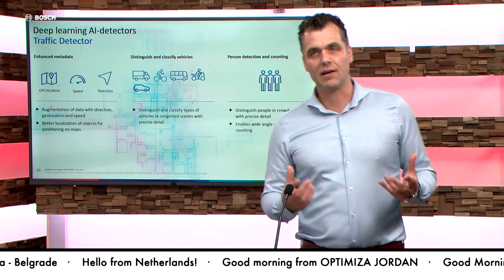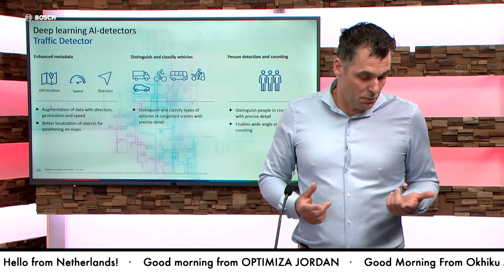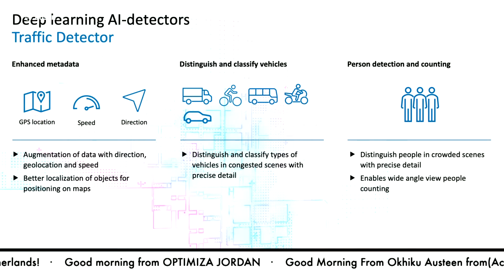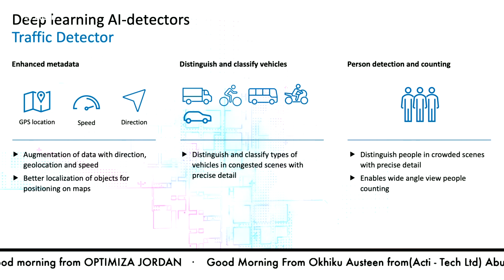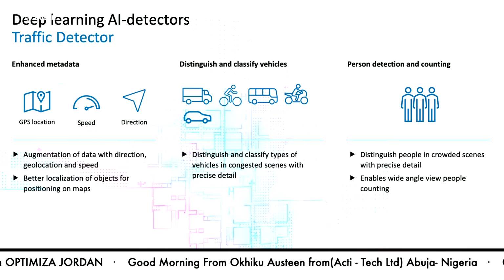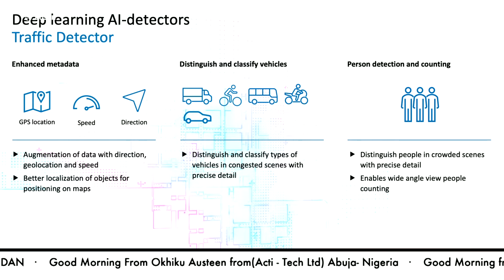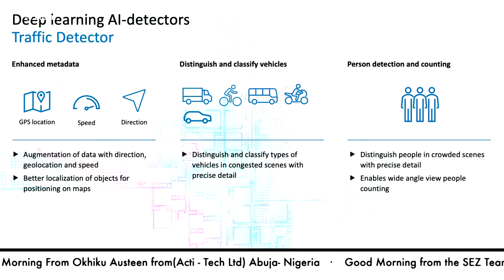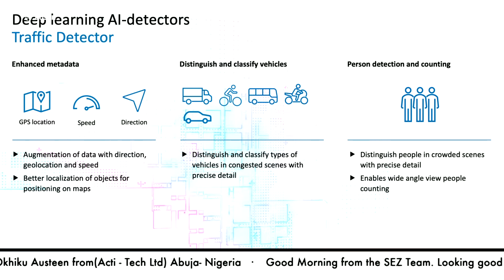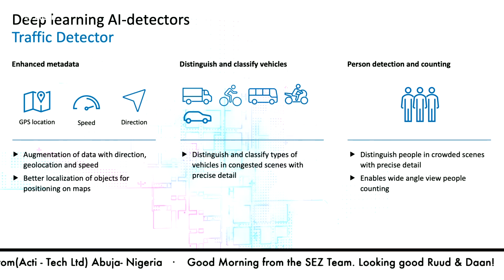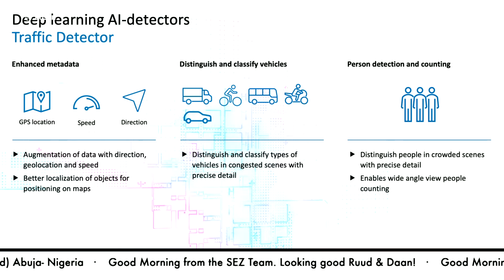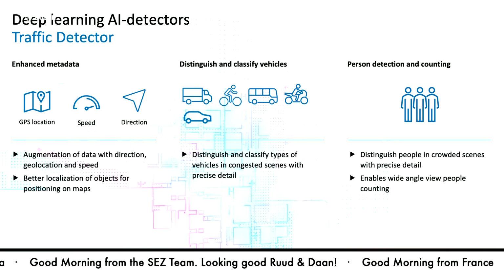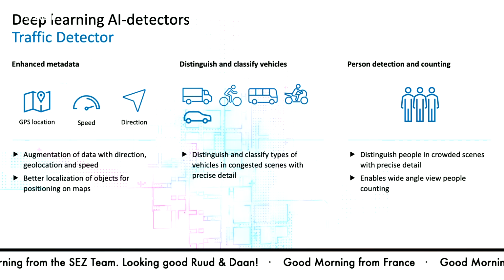This traffic detector, as we like to call it, already has the capability to send GPS data, the GPS data of the object itself in front of the camera. So if you have a car which is driving, we can geotag the object with the coordinates and send that to a management system, and the management system can then draw the object onto a map. That's the beauty of this geolocation.